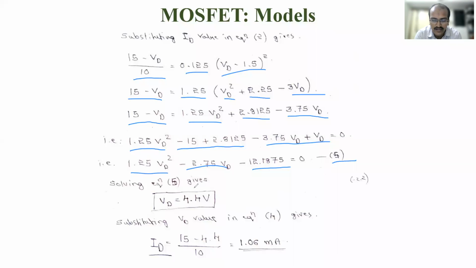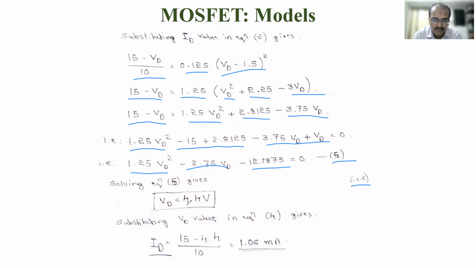Go to calculator in complex mode. So you have the equation or degree option. You have two things: one is unknowns and the other is degree. Go for degree and give the degree 2. And then give the A, B, C values: A as 1.25, B as minus 2.75 and C as minus 12.1875. When you give these values, it will give you two answers, because it is degree 2, no? So VD, it will give 2 values. One, it is giving minus 2.2. It is a minus value. It is not accepted.